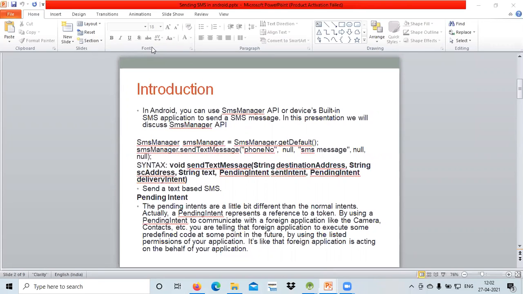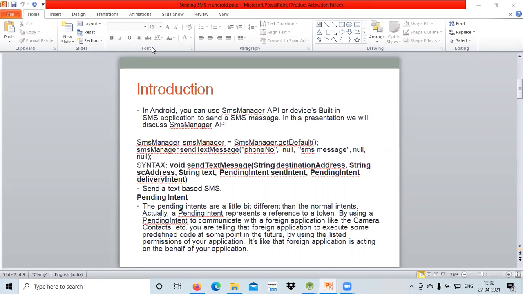So pending intents are a little bit different from normal intents, because a pending intent is just representing the token part, but all these things will act in the future. This is how we can use it in the future form.